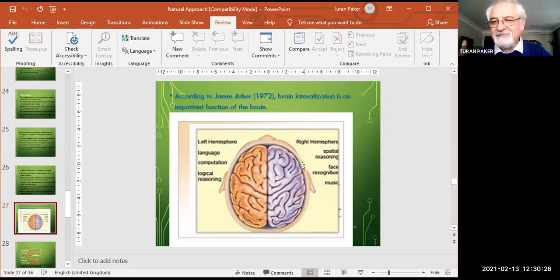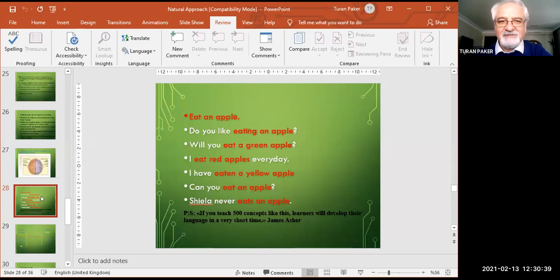So that delays learning. So that's why it's very important to do some kind of total physical response types of activities first. And we said vocabulary is important. Let's say we just introduce an apple. And he says, if you teach the imperative, eat an apple, then after doing this, English is an additional language. They will add some words as pre and post, but still the main bulk, eat an apple, will stay there. Look, that's a phrase, eat an apple.